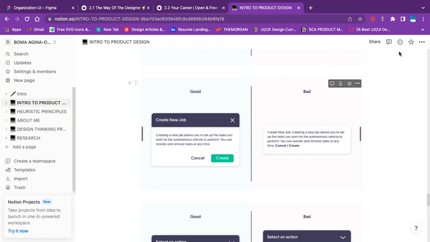Yeah, I want to just add that the use of color right there actually helps to show that there's a call to action. There's either create or cancel, but that's for the good one. But the bad one, you don't really know what you're supposed to do. When you look at the bad one, it doesn't really have a very strong call to action because there's no contrast between the background color and